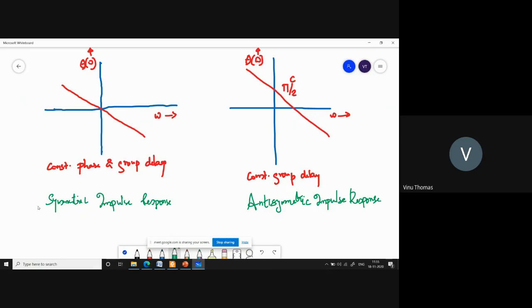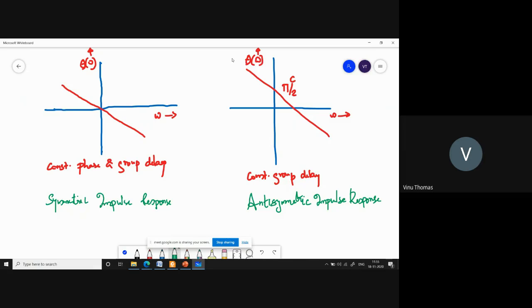Is that clear? And we had also seen that this kind of phase characteristic is available for a filter which has a symmetric impulse response, and this kind of phase characteristic is available for an anti-symmetric impulse response filter. So when the impulse response is symmetric, you have constant phase and constant group delay. And when you get an impulse response that is anti-symmetric, the phase characteristic can be drawn as either crossing pi by 2 radian or crossing minus pi by 2 radian, which we have discussed in the previous